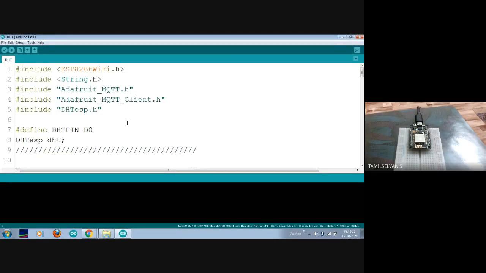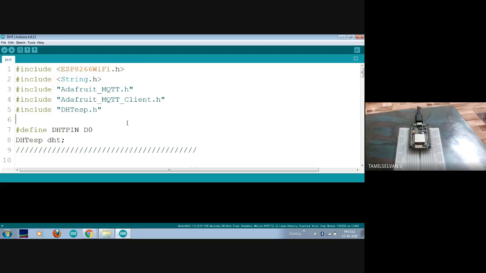As we already discussed, the purpose of uploading the data into the cloud is that we can access it from anywhere in the world. Wherever you are, if you have a login account for this particular cloud, then your data will be visible everywhere. You can also go for controlling applications. In today's class, I will just update the data sensed by the sensor, so we will use it for monitoring purposes alone.